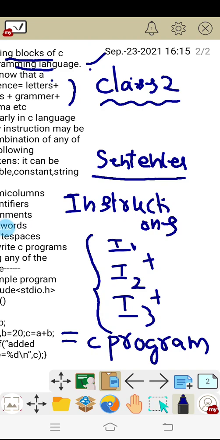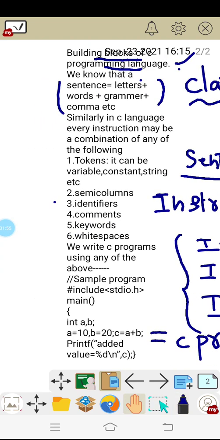different kinds of building blocks given here, like tokens. We have to know what is a token. We have to know semicolon, identifiers, comments and keywords, and white spaces. If you take any C program, it may consist of any of these, a combination of the 6 constructs.